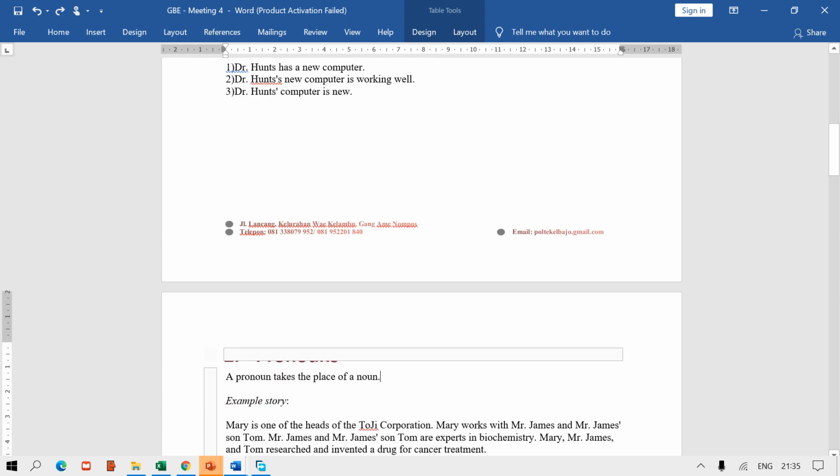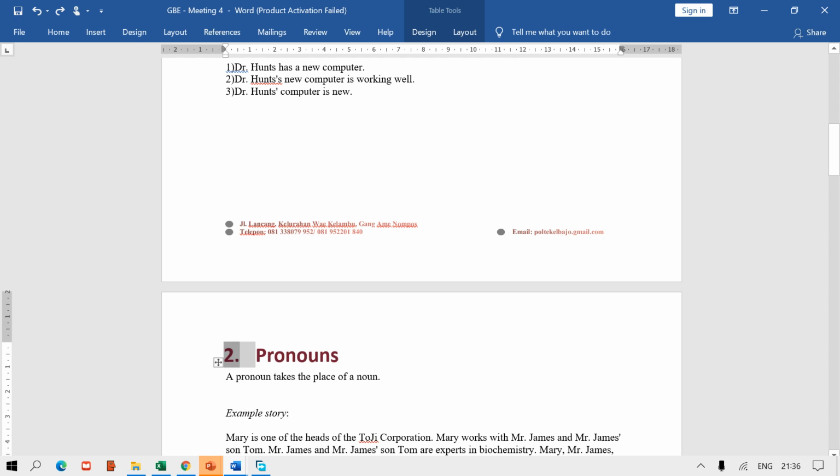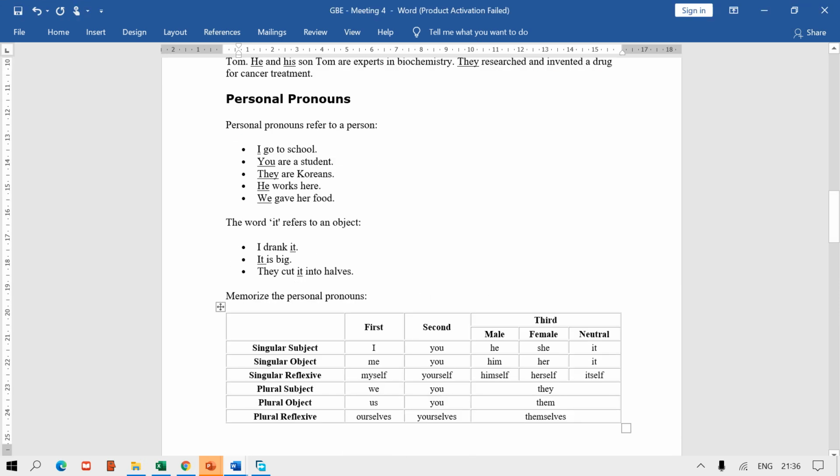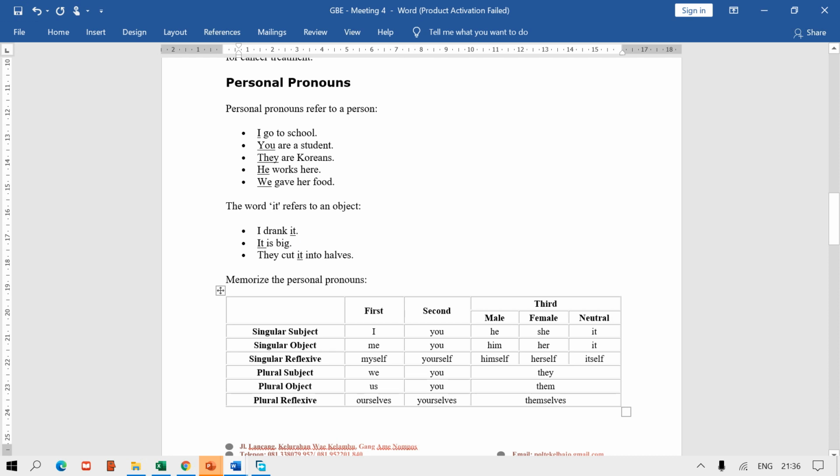Here is about the pronoun. It takes the place of a noun. Let's talk about the pronouns. Pronouns take the place of a noun, jadi kata ganti diri dari seseorang atau sebuah benda. Okay, let's talk about that. Pronoun is,